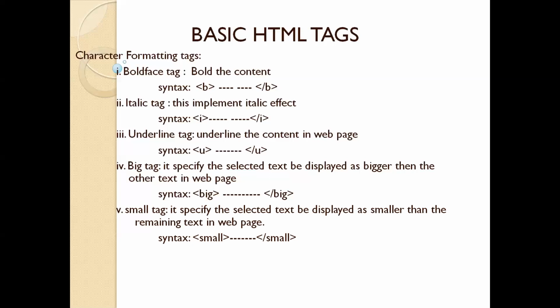Next one, the small tag. Similar to the big tag, which was used to represent some text bigger than the other text in the web page, there is a tag called the small tag. This small tag is used to display text smaller than the remaining text in the web pages. Sometimes there is a need to display some text with a lower font size than the other text. At that point of time, we have to use this small tag. While we are writing something using hypertext markup language, if we have to display some text with small sizes, we have to use the tag called the small tag. I think everyone is clear up to now.